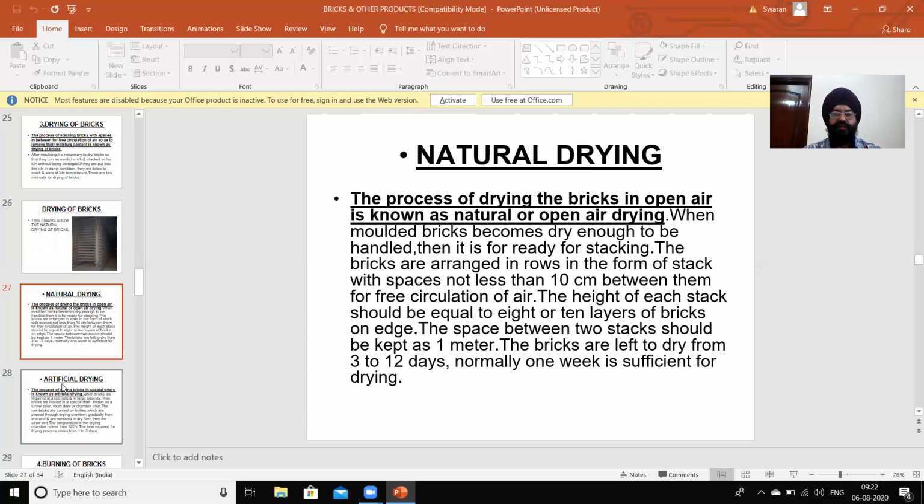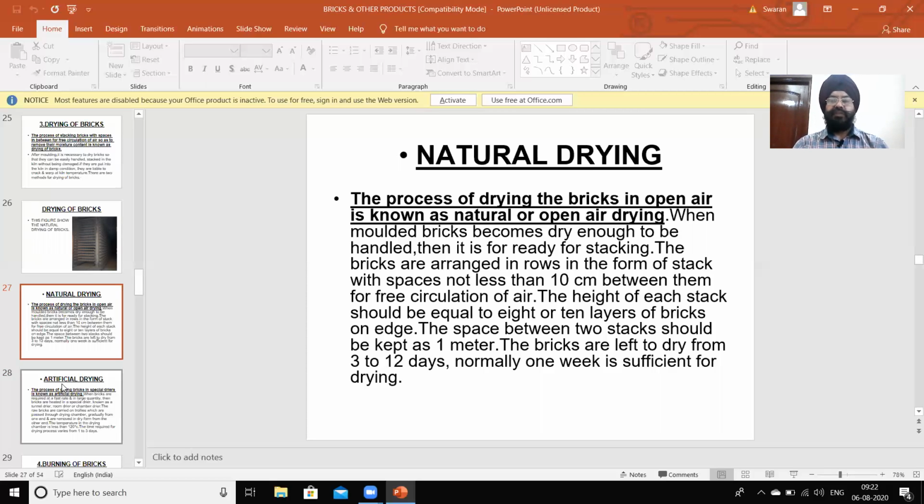When molded bricks become dry enough to be handled, they are ready for stacking. The bricks are arranged in rows in the form of stacks with spaces not less than 10 centimeter between them for free circulation of air.